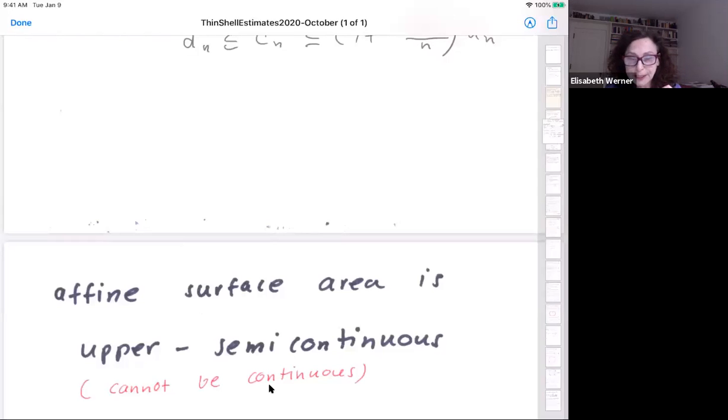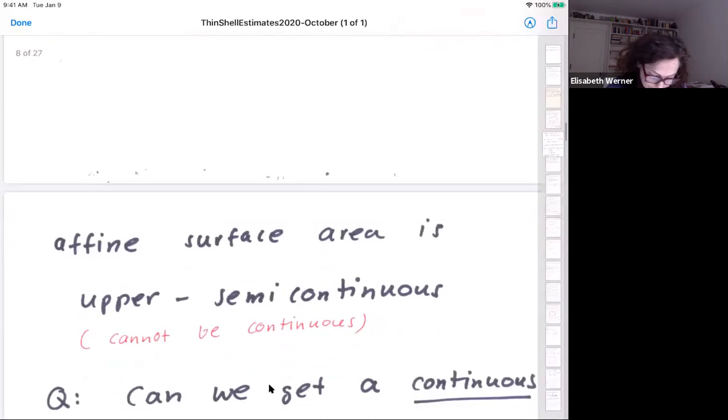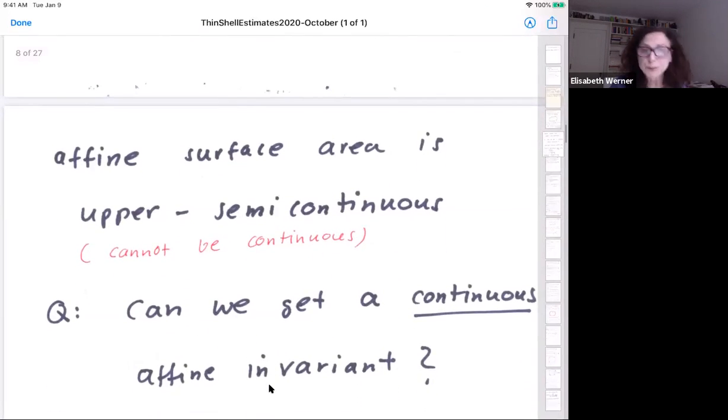We already saw it cannot be continuous, this affine surface area, but it is upper semi-continuous. And then the question is, would it be possible that we get a continuous affine invariant? That is something that still has all the nice properties of the affine surface area, but is not just upper semi-continuous, but in fact